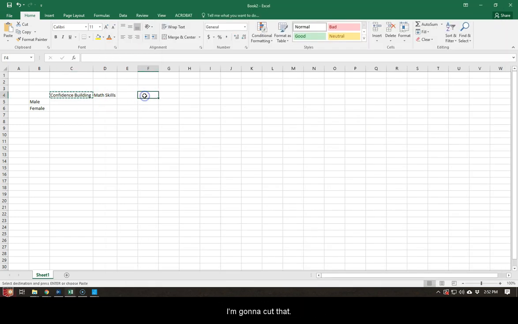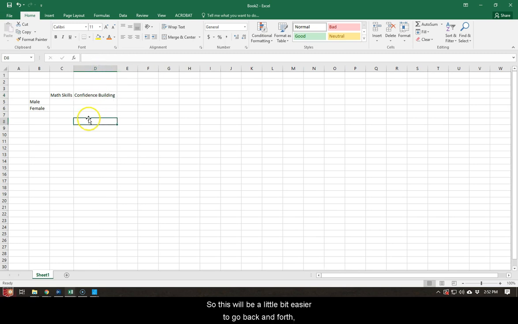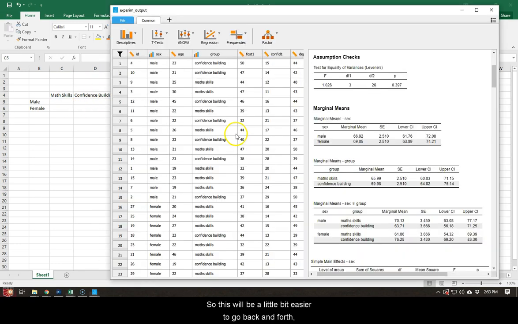I'm going to cut that and cut this over to here, and then cut this over to here, and there we go. And then resize those cells again. Okay, so this will be a little bit easier to go back and forth through following a sort of well-defined sequence. So the first cell is going to be filled with this mean here,